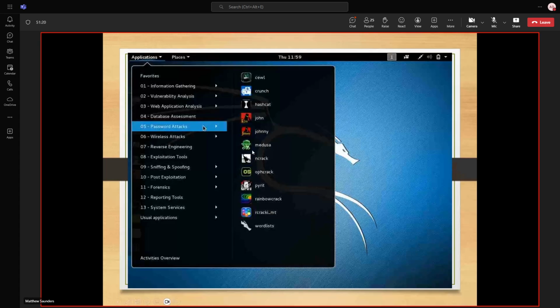This is what it looks like broadly. This is a bit of an older instance of it. But what you'll find is that in the applications section, they've divided things up very nicely for you based on what you're likely to need. So there's a section for forensics, which is distinct from password attack. Under password attack, they'll have a whole bunch of tools. They may not be identical to this now because this is pretty old. But what you might find is that there will be entries in password attacks which will be duplicated in forensics or some other area, wireless attacks, let's say. So there is some duplication.